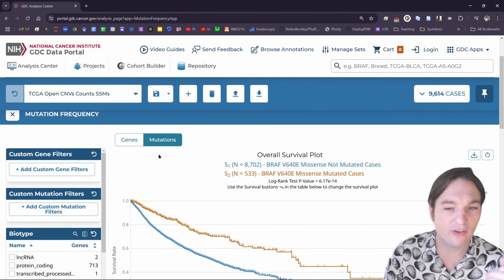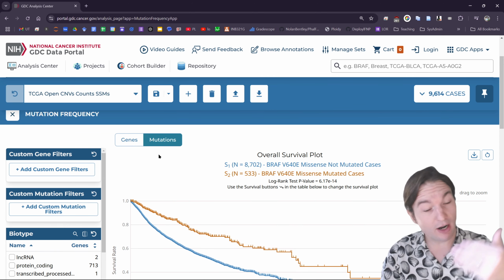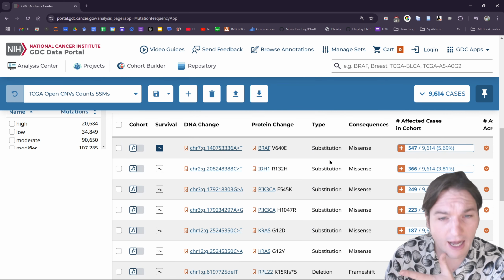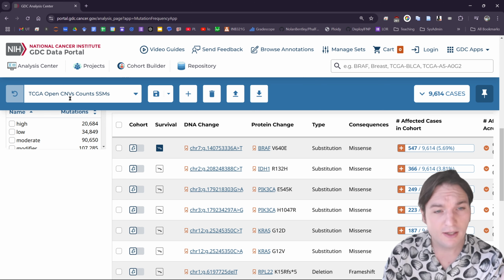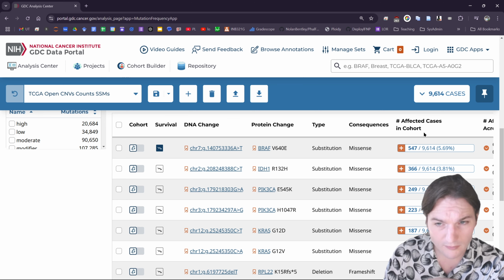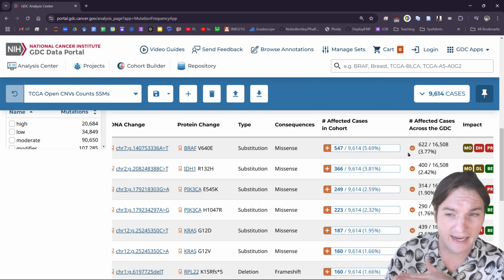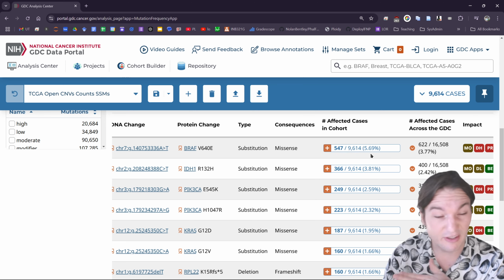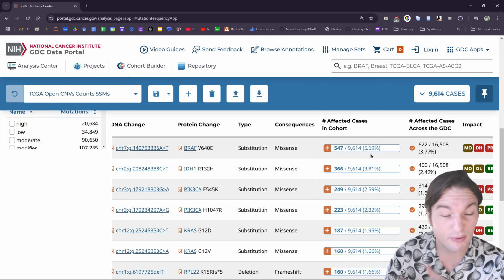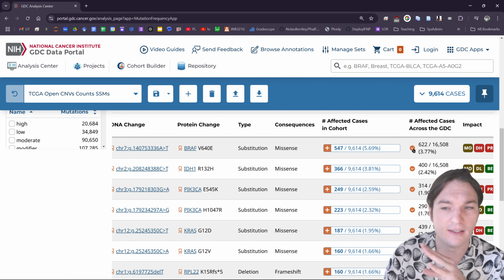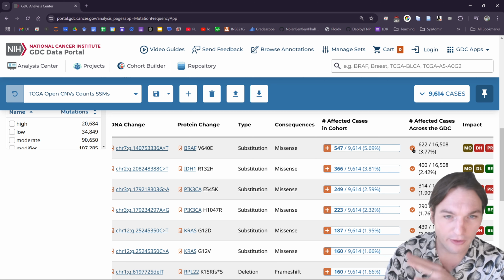To see inherited mutations, I usually will need to go see mutations that are common just in general. And so I can see the most common mutation in the entirety of my open access CNVs, counts, and SSMs is this particular mutation in BRAF. With 547 of my 9,614, so a full 5.7%, that's enormous, of people who develop cancer inherited this mutation, at least within the scope of the GDC, which